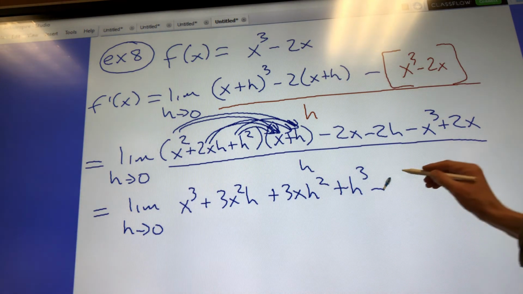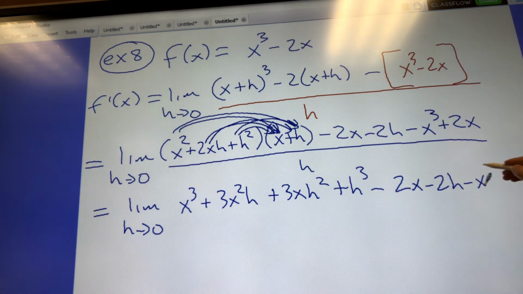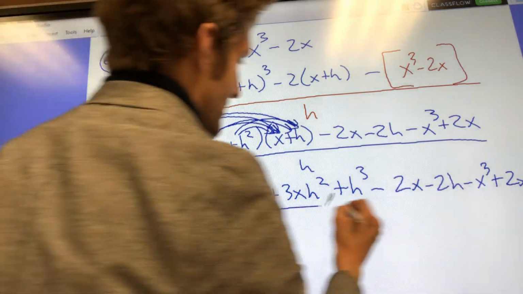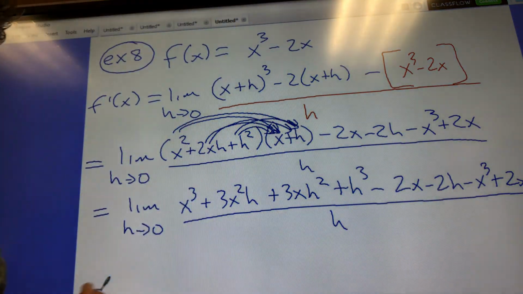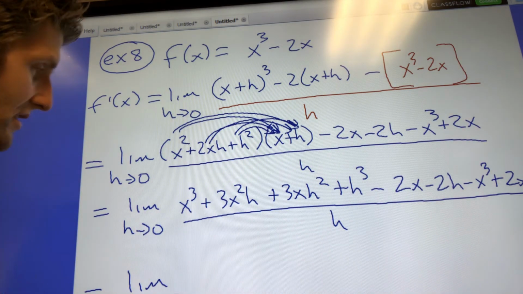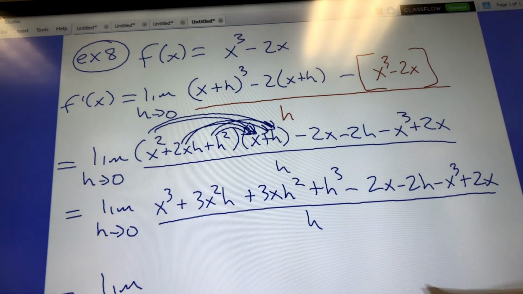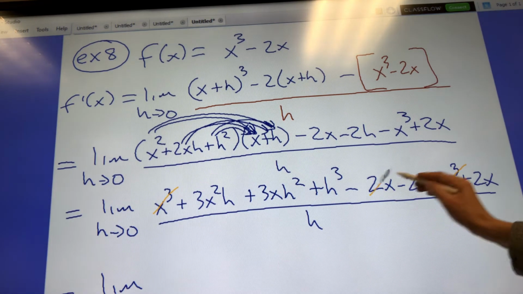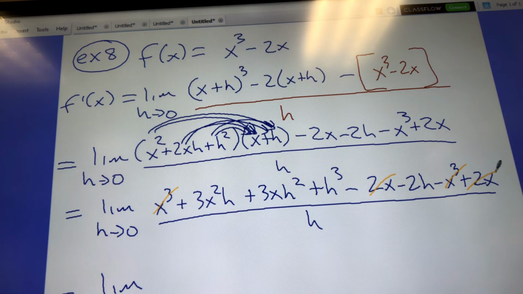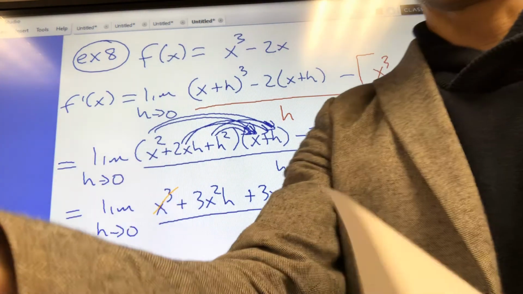Then what happens, I'm just going to continue to write everything, even though we can see the negative 2x and the 2x will cancel. This is great. We know anything that doesn't have an h attached to it is going to cancel. All right, so x to the third minus x to the third, minus 2x plus 2x. Okay, so we are left with, bring it on down,